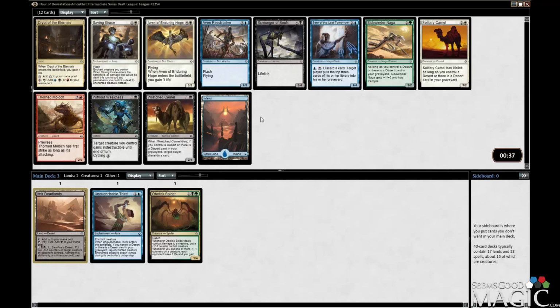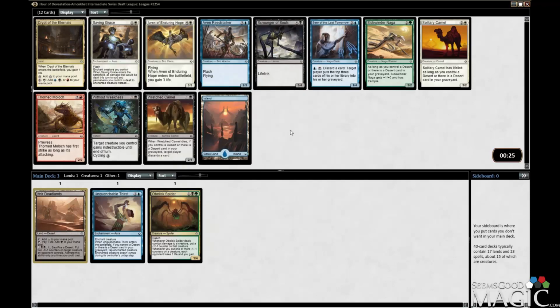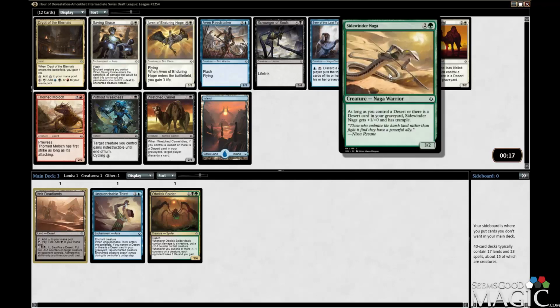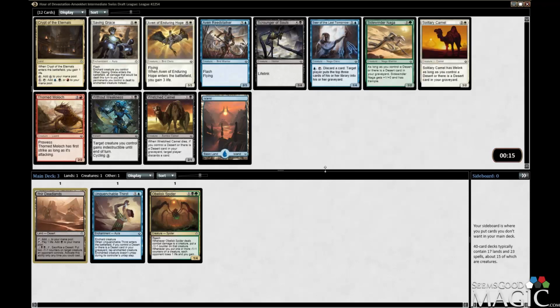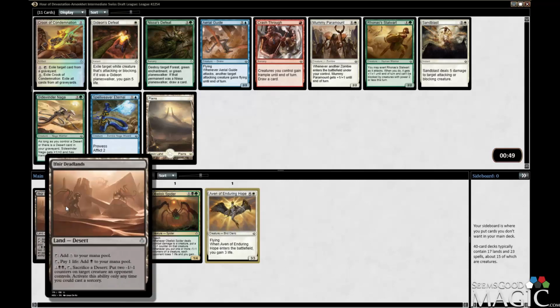These packs are just not exciting. It's not like, oh, snap pick, this is great, you know. It's like, this is probably gonna be fine. Scourge of Souls is fine. Wretched Camel is fine. We could take Aven. We don't really know our colors yet. Aven's a pretty decent Magic card. I don't think it's Naga. Yeah, let's take the Aven and see what happens. We don't know our colors yet, is the thing. I want to be black, but...